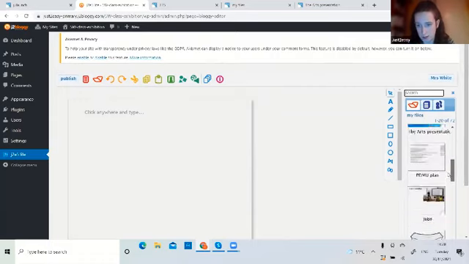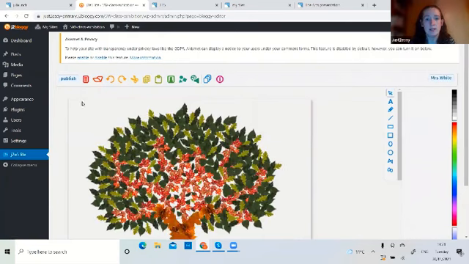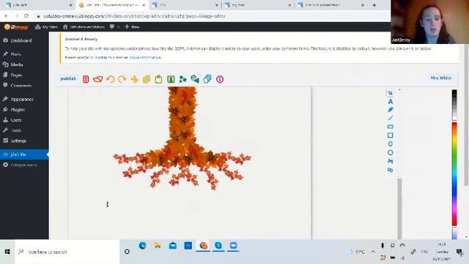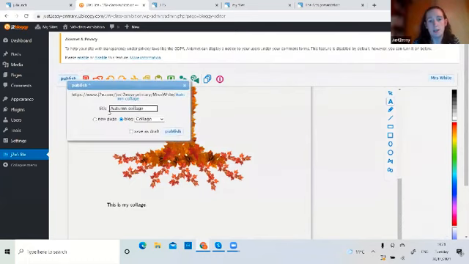So if I find that collage that I did, there it is, click on it and it will load it onto that page. I could write underneath it, children could write about what they've done. Obviously they'd take more time than this. And when they're ready, they can click publish. When they click publish, mine's generated a name based on the file that I loaded. I could change that if I wanted to.